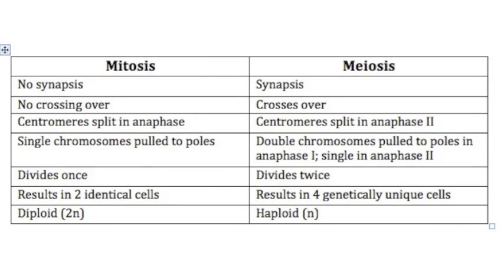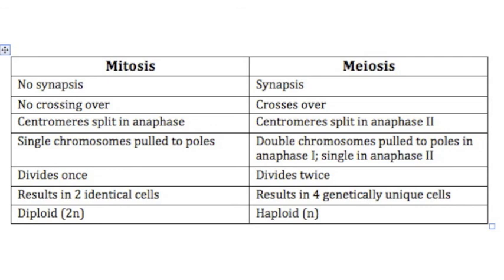This table summarizes the major differences between mitosis and meiosis. In prophase 1 of meiosis, synapsis and crossing over occur, while they do not occur in mitosis. The centromeres split in anaphase of mitosis and in anaphase 2 of meiosis, so single chromosomes are pulled to poles in mitosis, while double chromosomes are pulled to poles in anaphase 1,